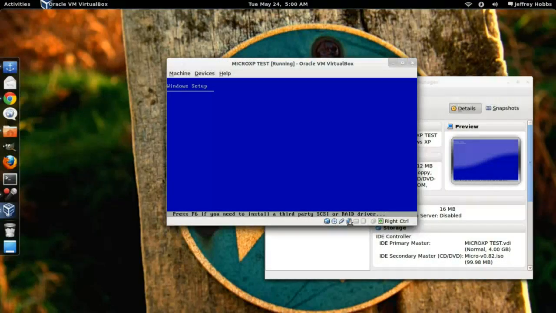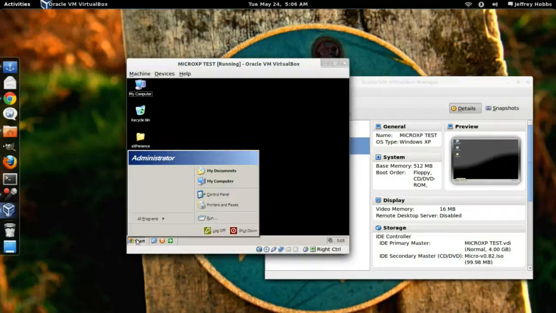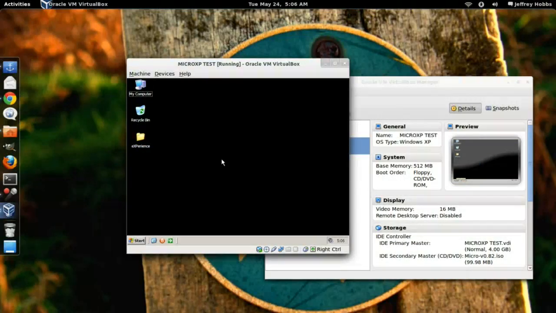And this is going to be just like a Windows XP. Okay, alright, it finally finished installing. It has to restart two or three times. It's no big deal. Okay, the first thing you're going to want to do